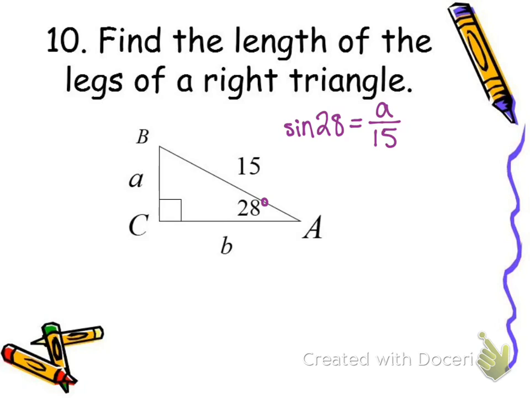When you already know the angle, this is when we put it over 1 and cross multiply. So if we cross multiply 1 times A, what do we get? A equals, the other cross product is 15 times